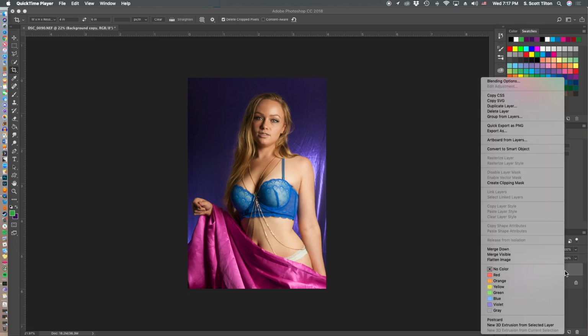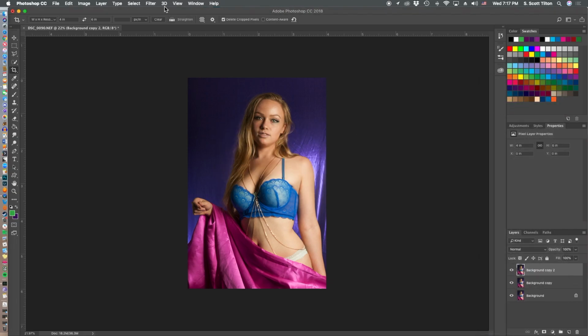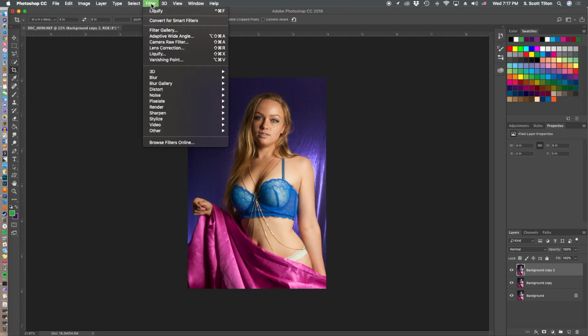Now the very first step for this process is to duplicate the photo. We need two identical copies of this photo on separate layers, one right over top of the other. Once we have our duplicate, we're going to click on the topmost layer and go to Filter,